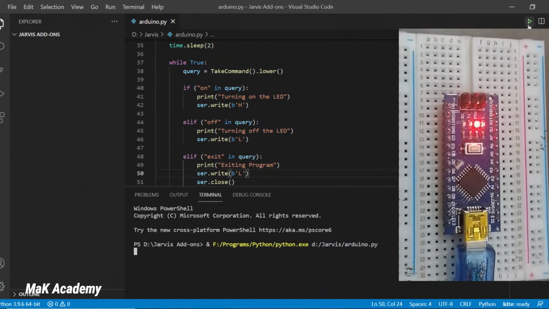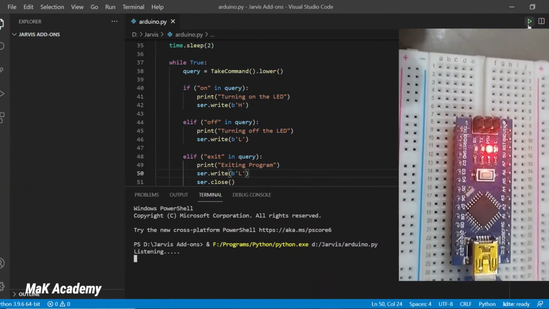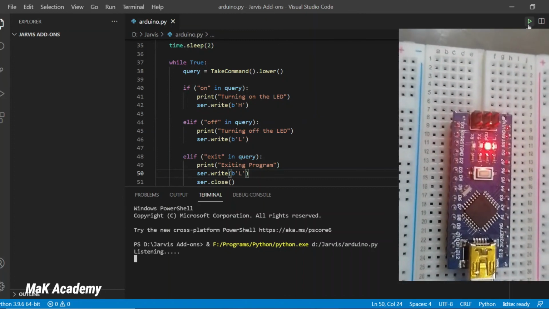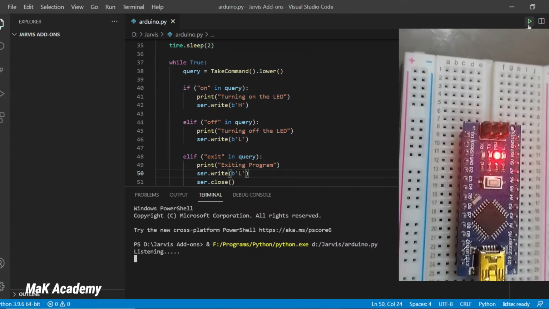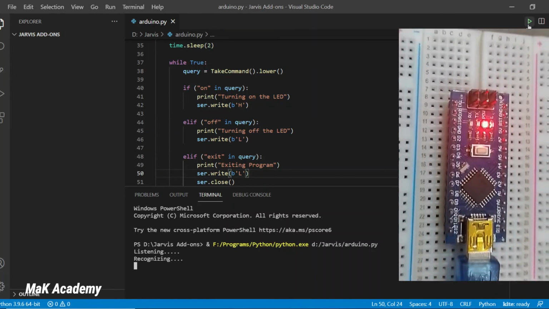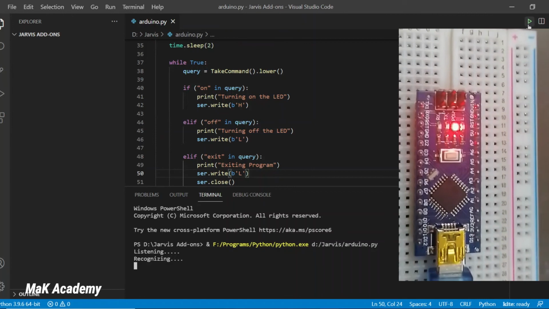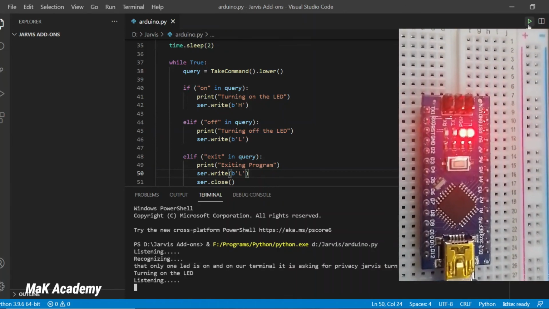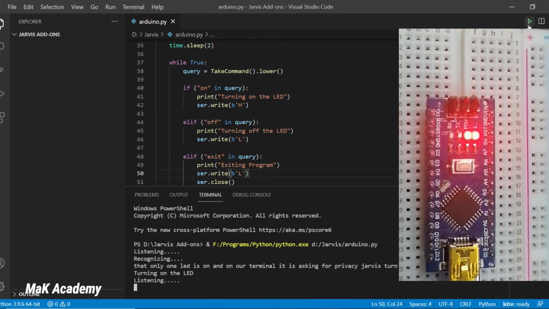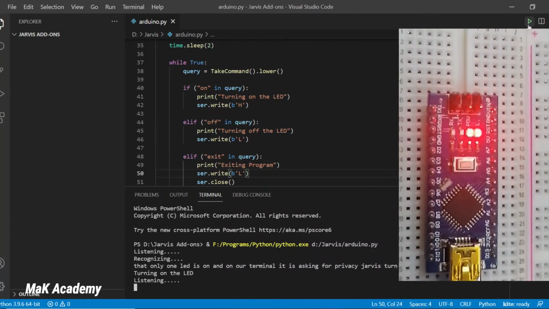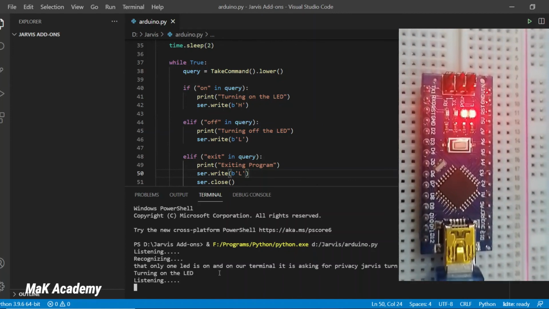Now you can see here that there is only one light turned on on our Arduino, and on our terminal it is asking for a command. So I will say Jarvis, turn on the LED. Now you can see that on the Arduino it has turned on the LED, and on the terminal it has printed out the message that it is turning on the LED.